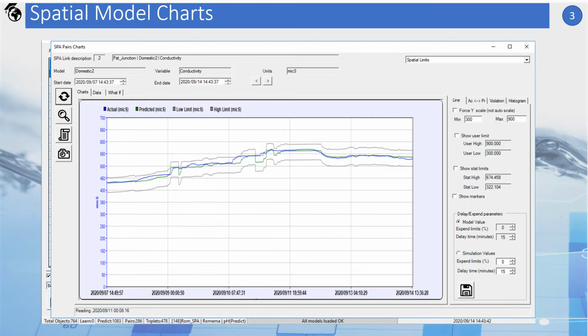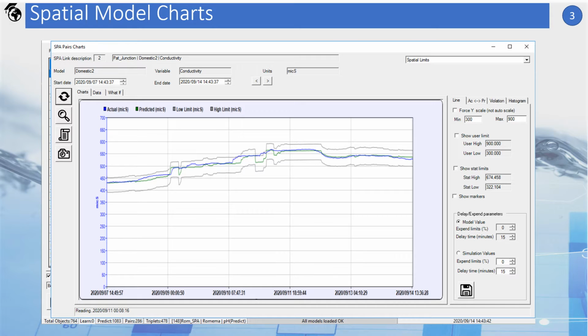The horizontal axis displays the dates to which the chart is related. Note that you can change the scope dates by editing the dates directly or by clicking on the right and left arrows. On the right side of the screen, on the first tab, is located a checkbox named Force Y Scale. This field, combined with the min and max value, enables us to scale the y-axis of the chart. If you do not select the Force Y option, the chart will be scaled automatically based on the chart data.